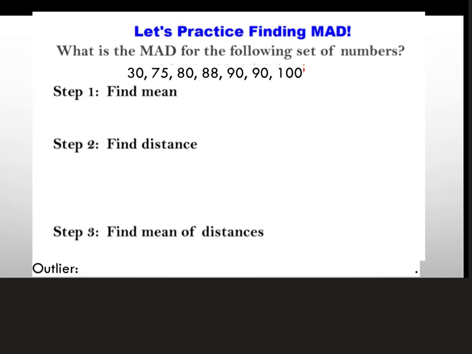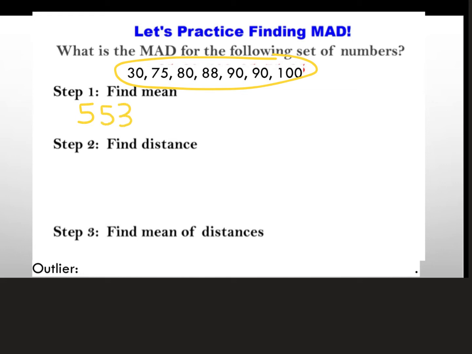All right, let's try another one. So here's our data set at the top. Step 1, find the mean of the data set. Go ahead, take a moment, plug that in your calculator, add up your numbers at the top. Hopefully you added them together and you should have gotten